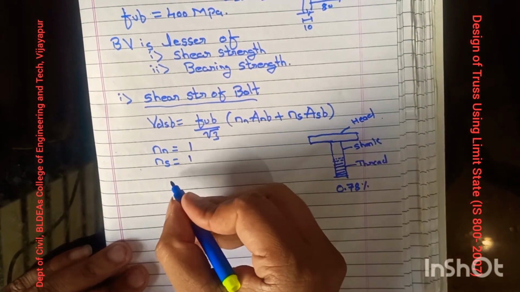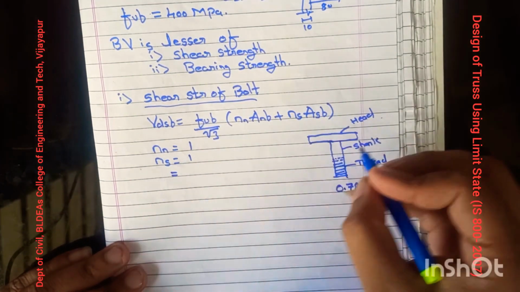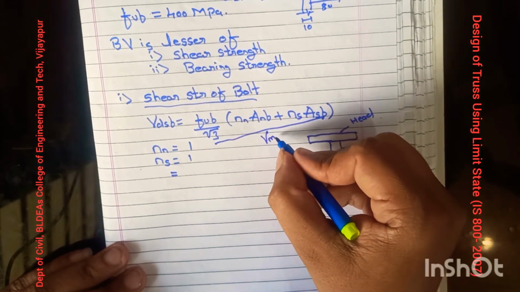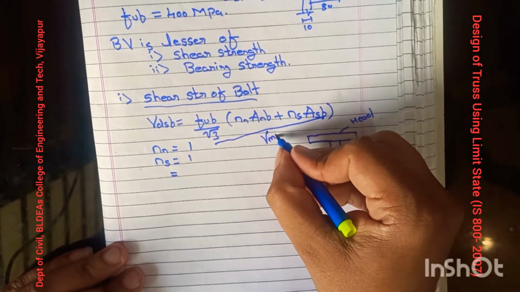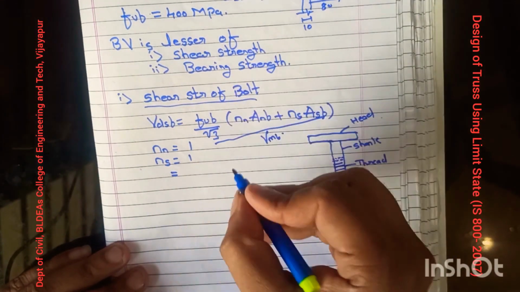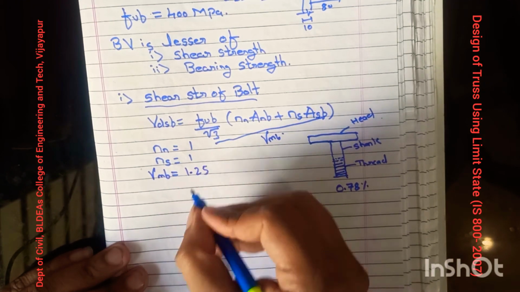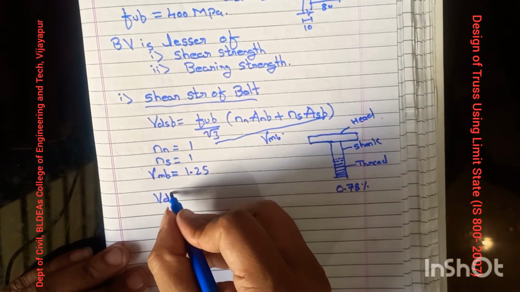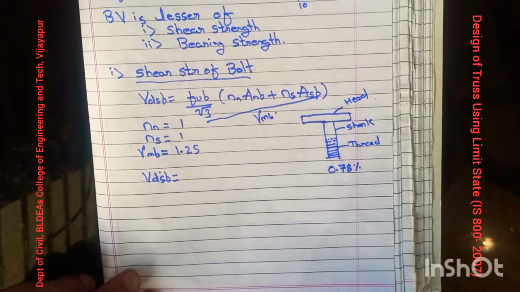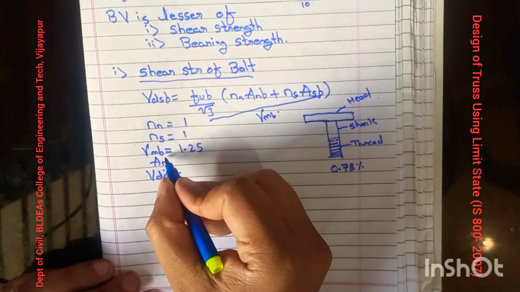Fine. Now substituting all these values, we will get this whole divided by the partial safety factor gamma mb, that is 1.25. The value of gamma mb, I will write it down here, gamma mb 1.25. So substituting everything, we will get the value of VDSB, which is equal to, and before that, A and B is